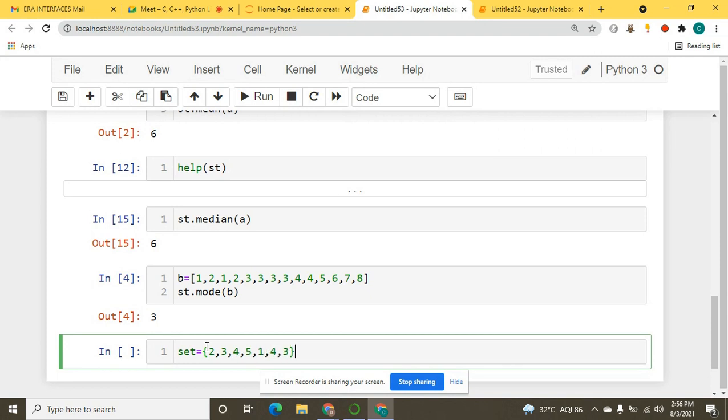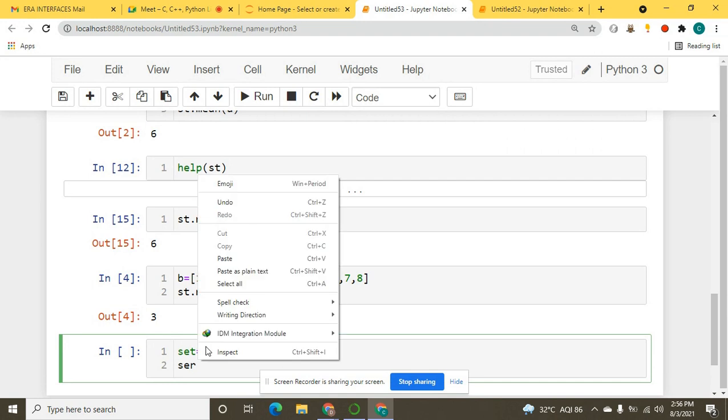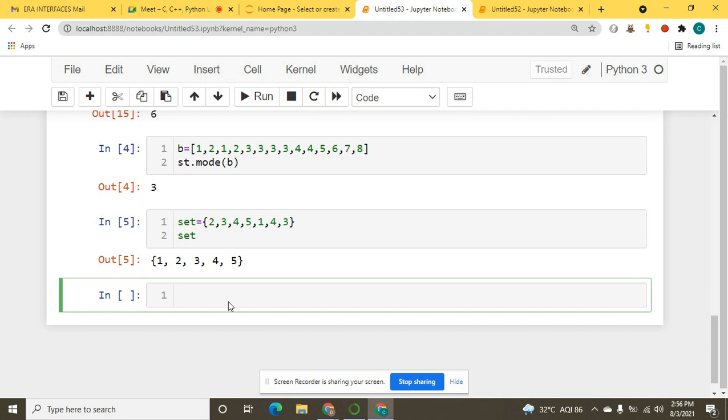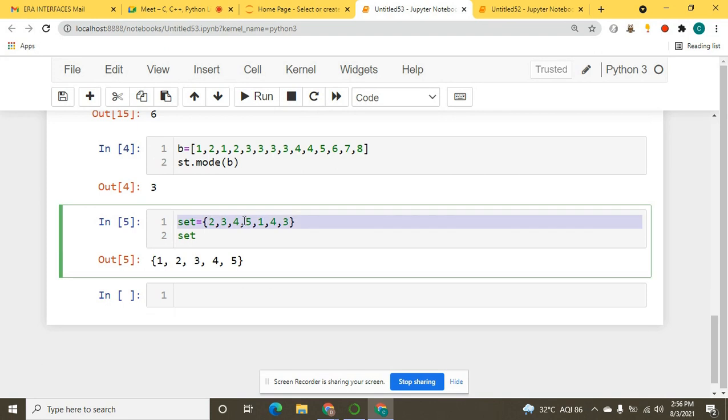When I execute this, you can see it changed whatever order I gave in this set. It simply changed it, meaning a set is unordered. In whichever order you give the values, it won't keep it like that. It will change the order. Second thing, a set avoids duplicacy. That's why we were not getting the result.